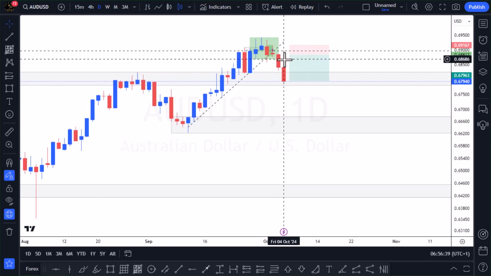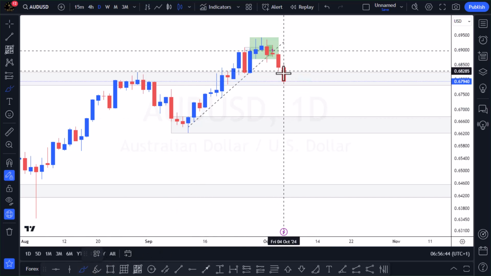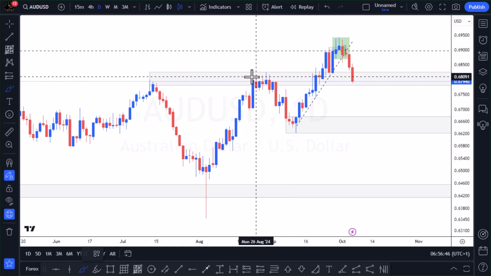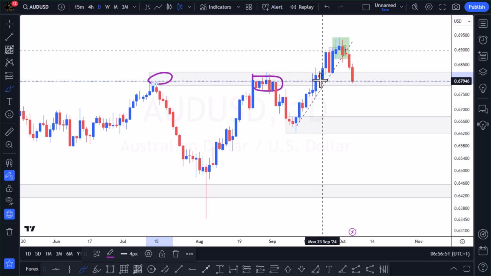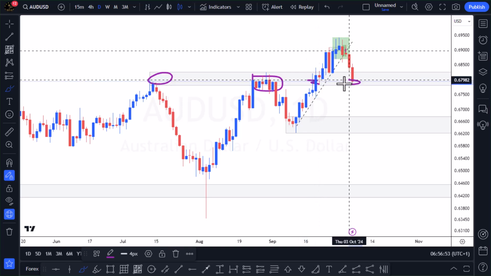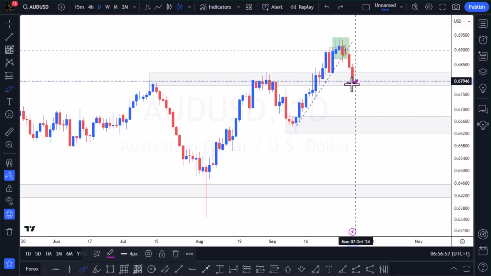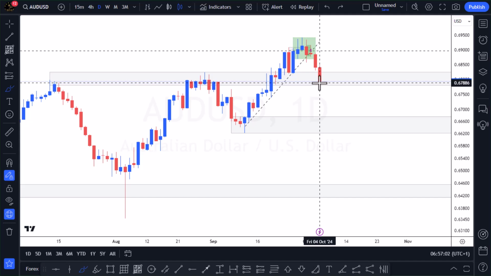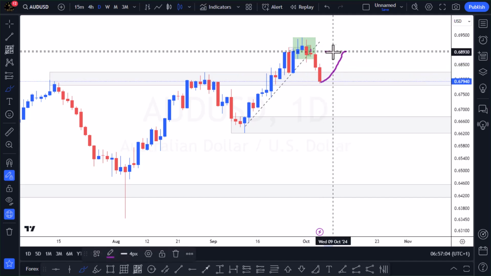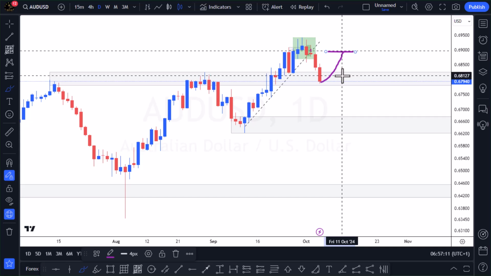So next week, my expectation is for price to give us a pushback based on the significant demand we have at this zone. This was a break of structure at this level, and this is a retest of structure. So this level has strong technical reason to act as demand next week. If this level acts as demand next week, I am looking out for price to flow into this medium of 0.68930, and then I will patiently wait to see if price can give us